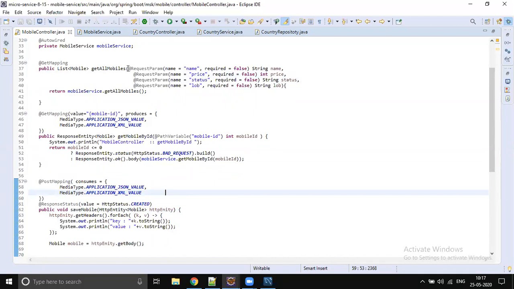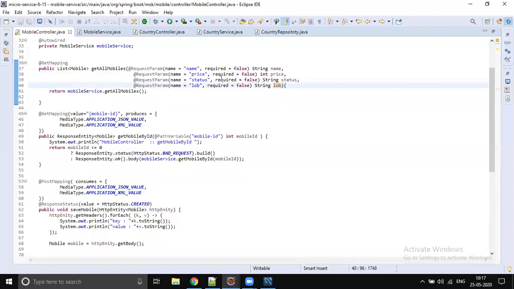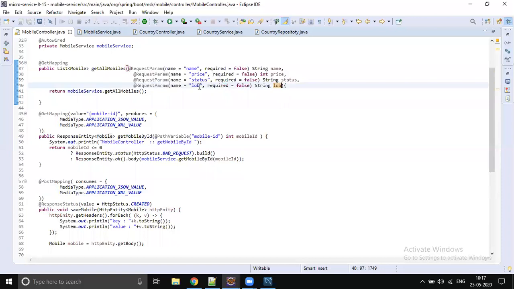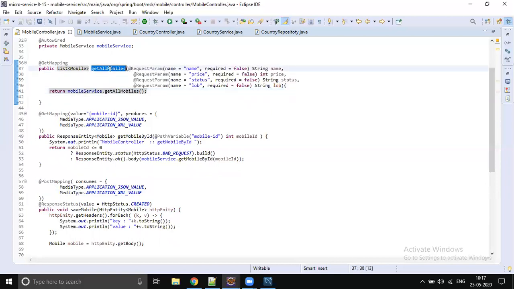And here also, this looks ugly. Multiple request parameters look ugly. I will change this one also. I will put all these things into a DTO class, and if the parameter is coming, populate; if it is not coming, skip. This is also ugly code, don't do it like this. But anyway, our goal is that this method will take four parameters, all optional. If a parameter is passed, we apply the filter; if it is not passed, we don't apply the filter.